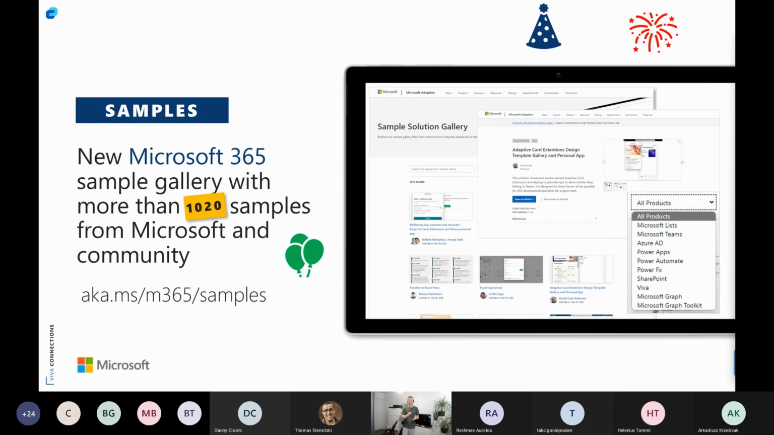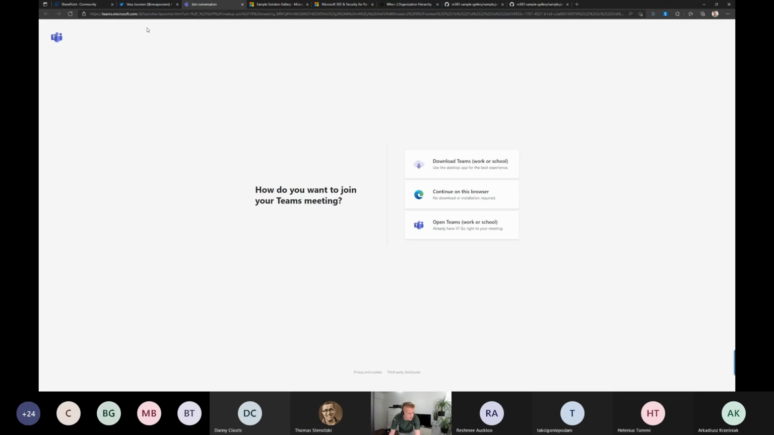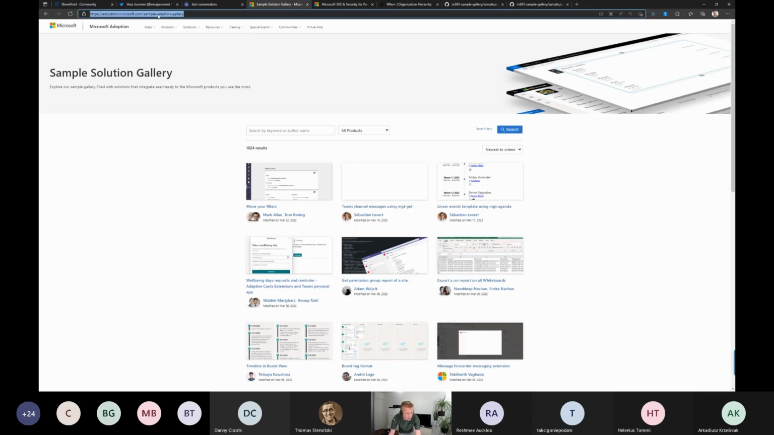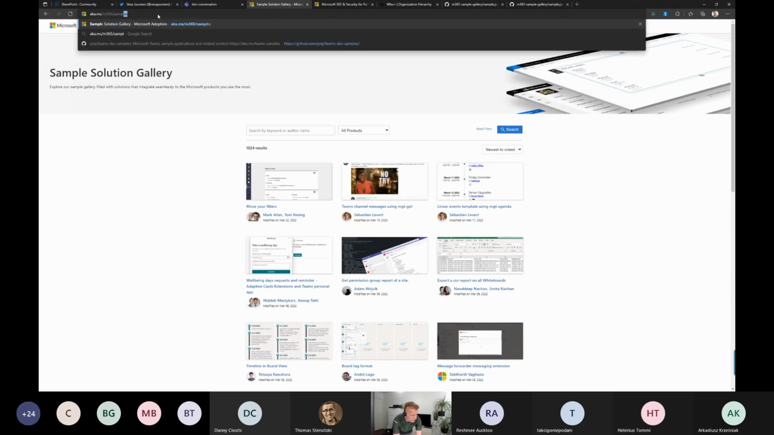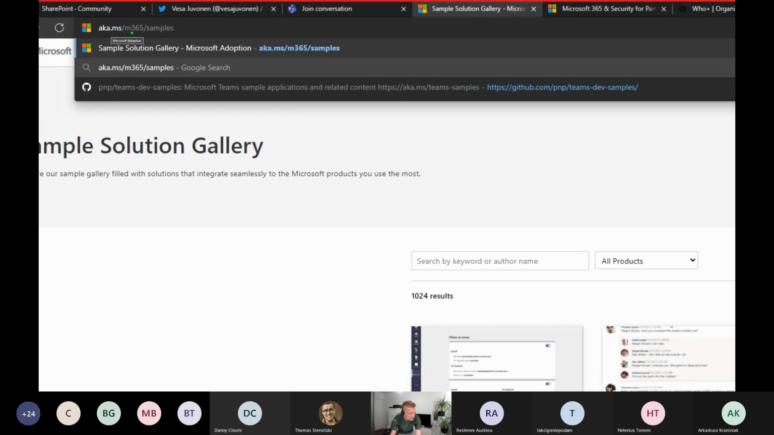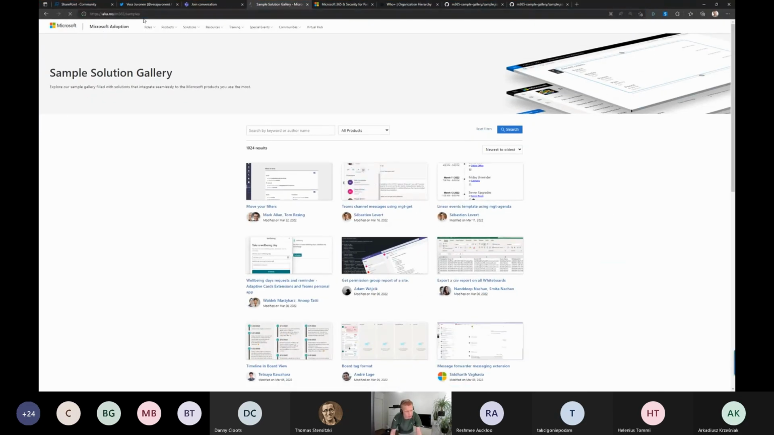And it's a great location to get started on finding what's relevant for you. So let's quickly have a look at that. And then I'm realizing that we, like mentioned, are a bit running out of time, which is not that unique in my case. But if you go to aka.ms/m365/samples, the easiest way to find it, you'll actually land on our sample solution gallery,